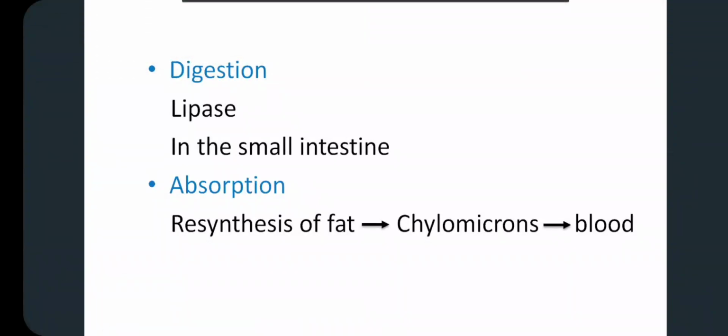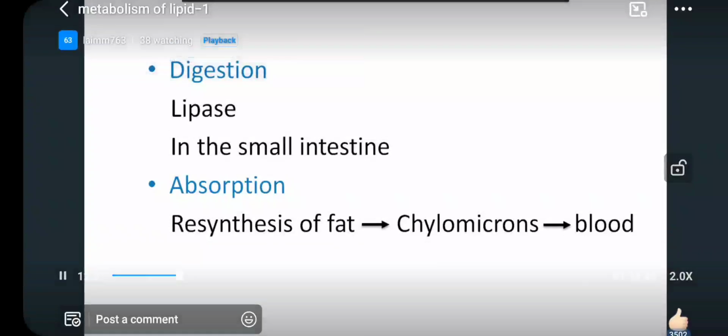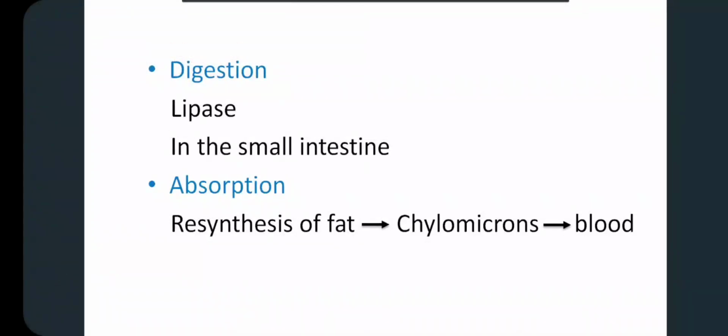Triglyceride and cholesterol cannot diffuse out of the cell through the membrane because they are insoluble in the blood. So how do we solve this problem? The fat, that means the triglyceride and cholesterol, together with several proteins, are arranged in the epithelial cells into particles. We call this particle